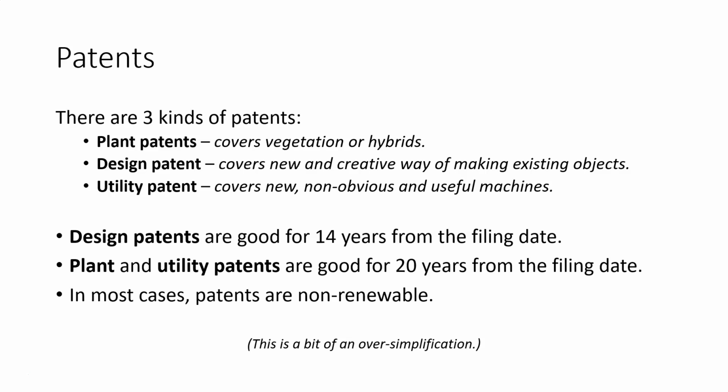There are three types of patents. Plant patents, which cover vegetation and hybrids. Design patents, which cover new and creative ways of making existing objects. And utility patents, which cover new, non-obvious, and useful machines. Okay? Obviously, 3D printing patents are not going to fall under the category of plant patents. So for 3D printing and additive manufacturing, we're left with either design patents or utility patents, depending on what you're